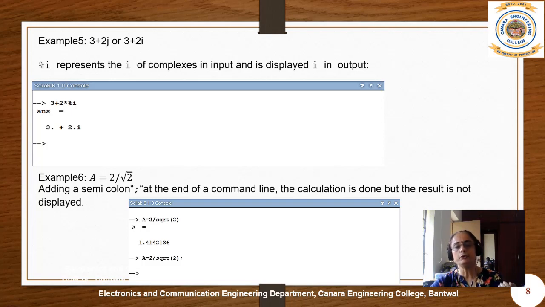Suppose you don't want to observe the variable a, then just put a semicolon, then press the enter key. When you enter a semicolon at the end of a command line, the calculation is done, but the result will not be displayed on the console.